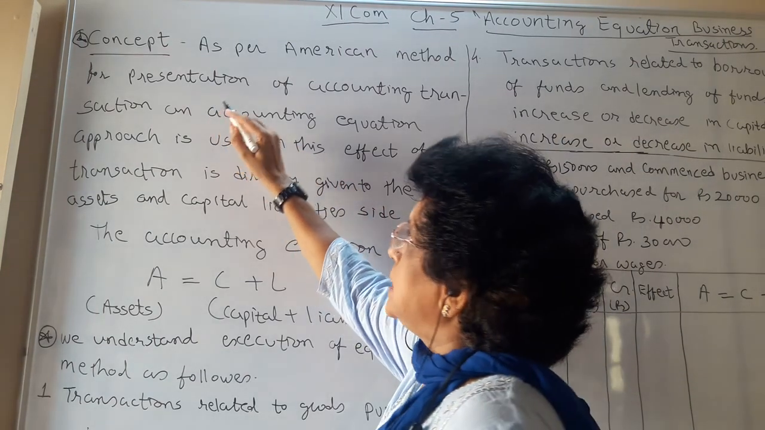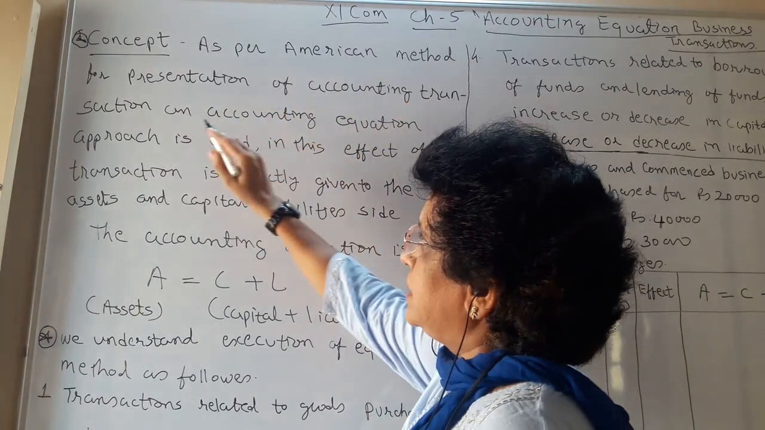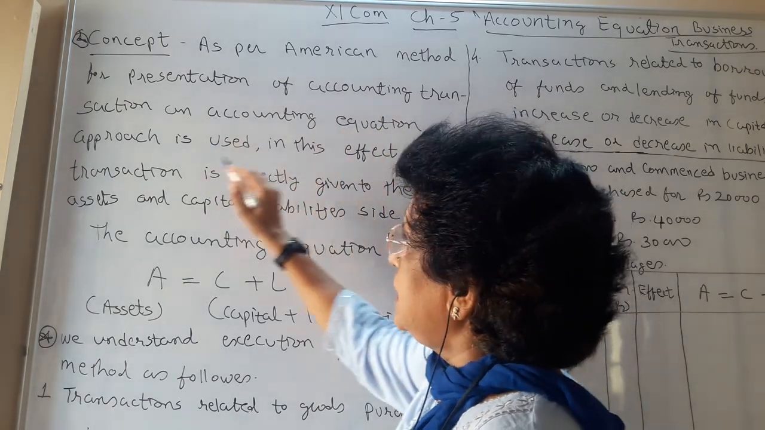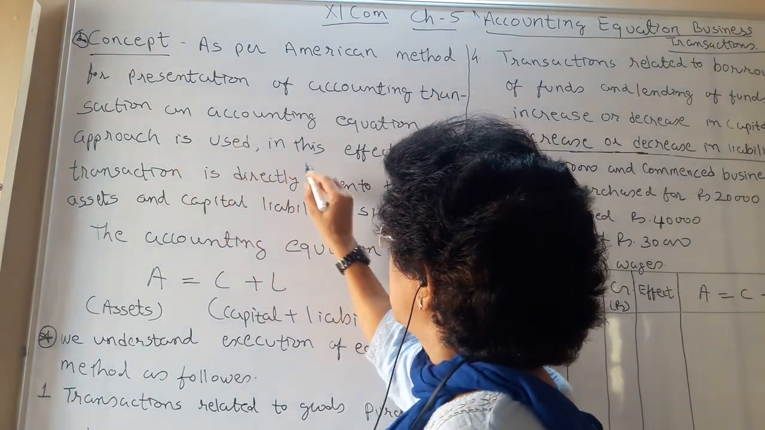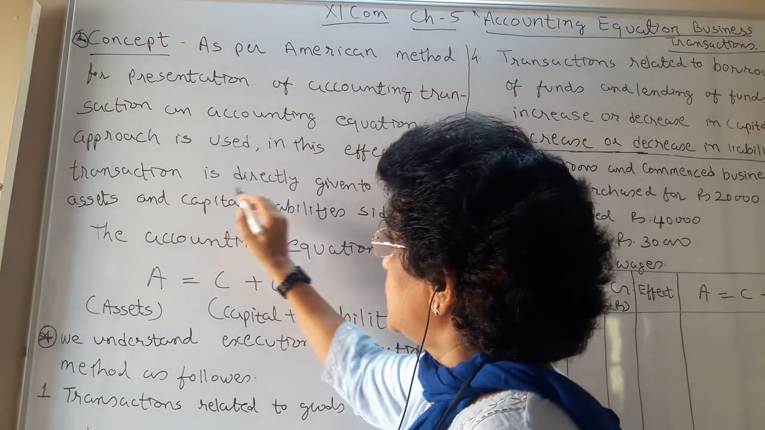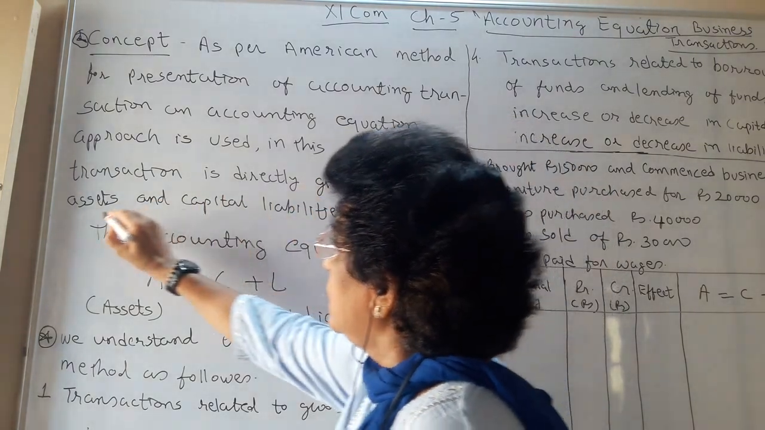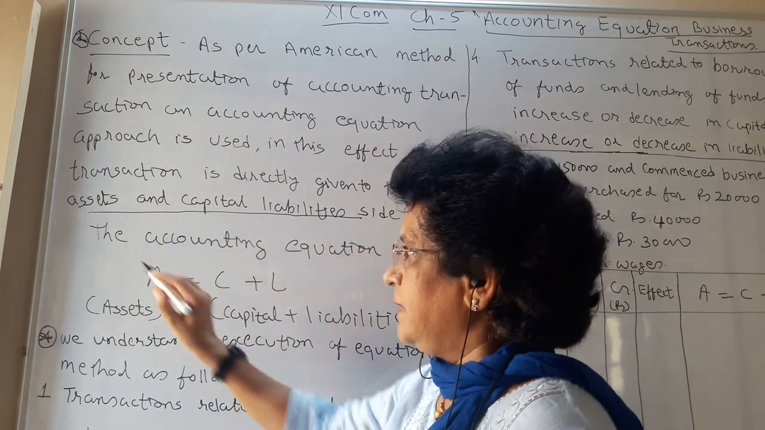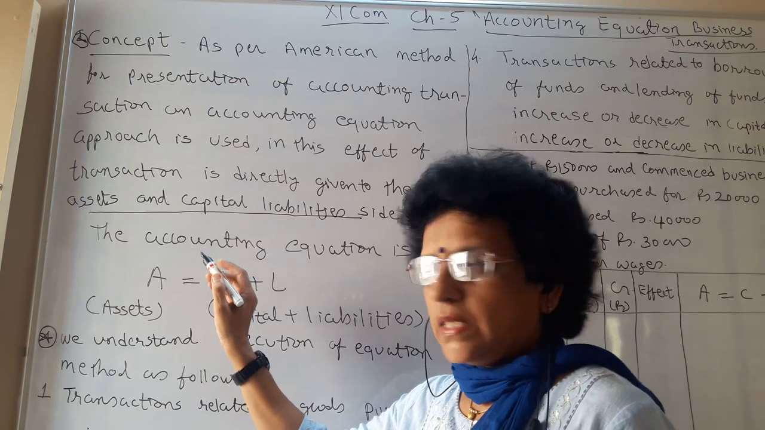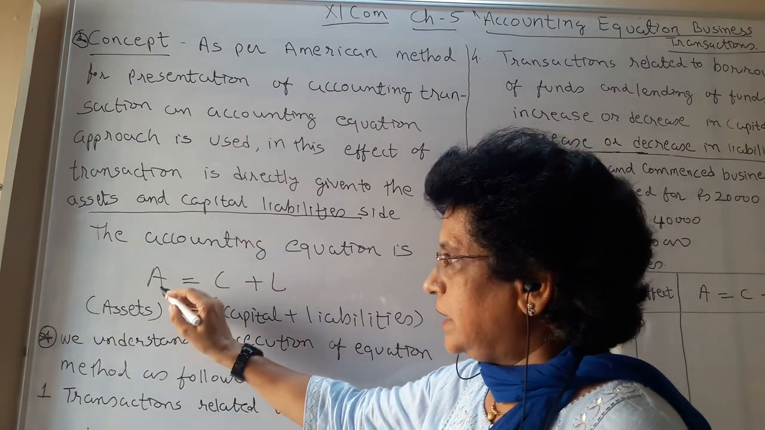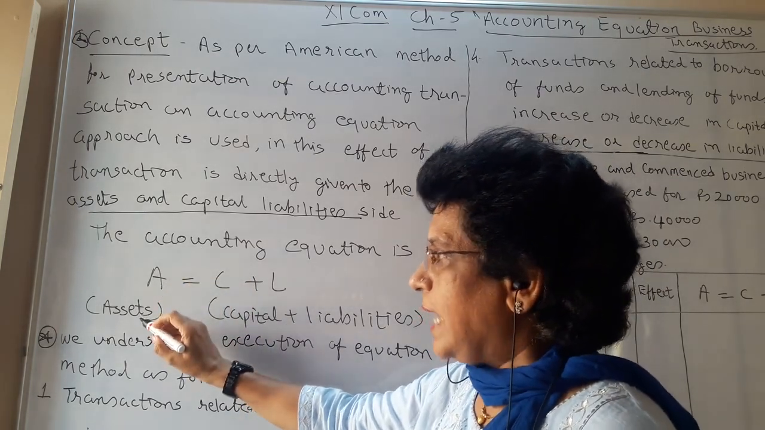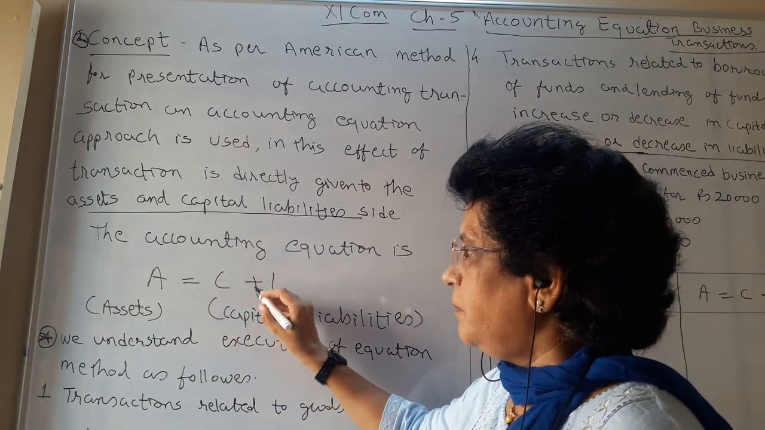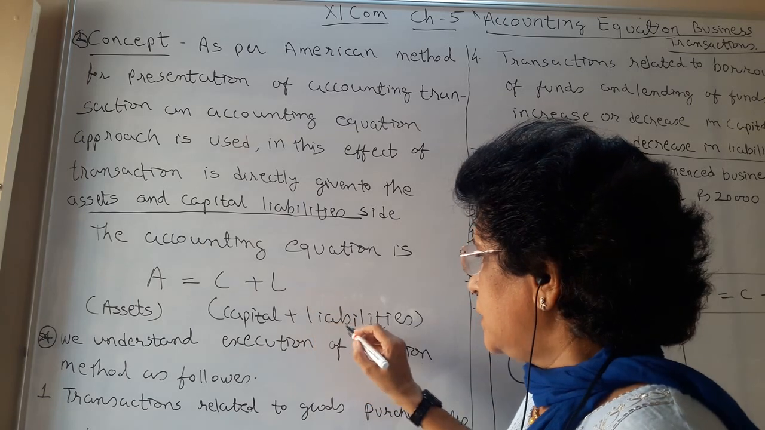Here the concept says that as per the American method for presentation of accounting transactions, an accounting equation approach is used. In this, the effect of a transaction is directly given to the assets and the capital and liability side. What is the accounting equation? The accounting equation is A, meaning assets, is equal to C, meaning your capital, plus L, meaning your